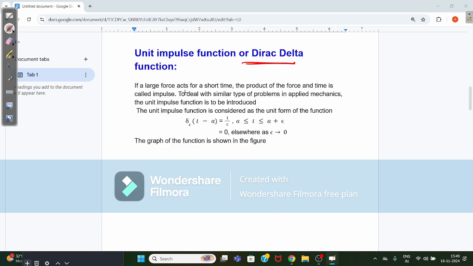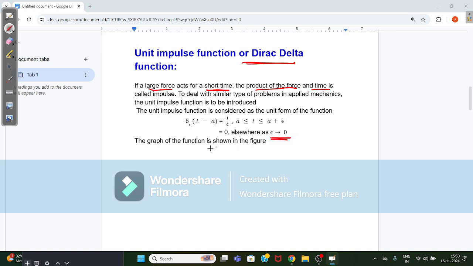If a large force acts for a short time, the product of force and time is called impulse. To deal with similar types of problems in applied mechanics, the unit impulse function is introduced. The unit impulse function is considered as the unit form of function. Delta epsilon of t minus a is equal to 1 by epsilon if a is less than or equal to t less than or equal to a plus epsilon, and equal to 0 otherwise,